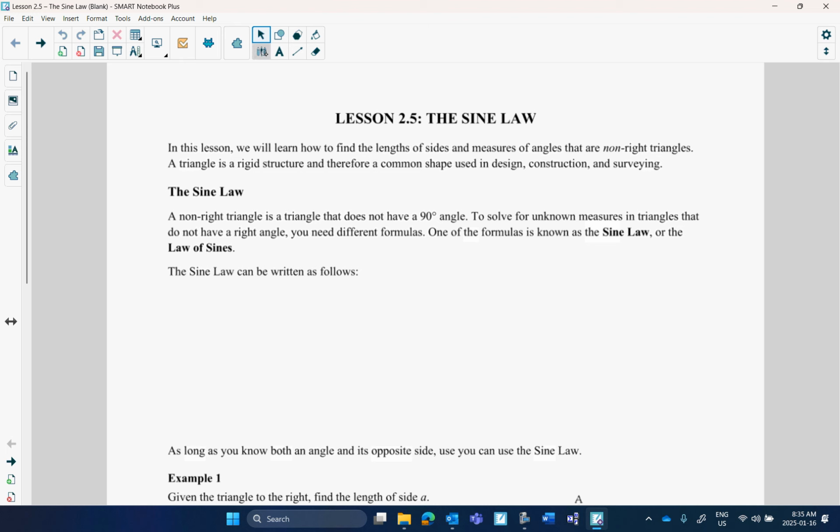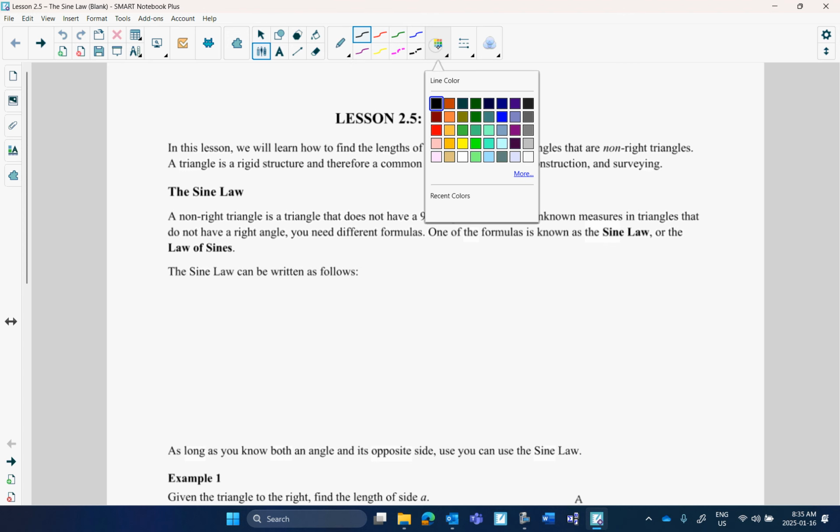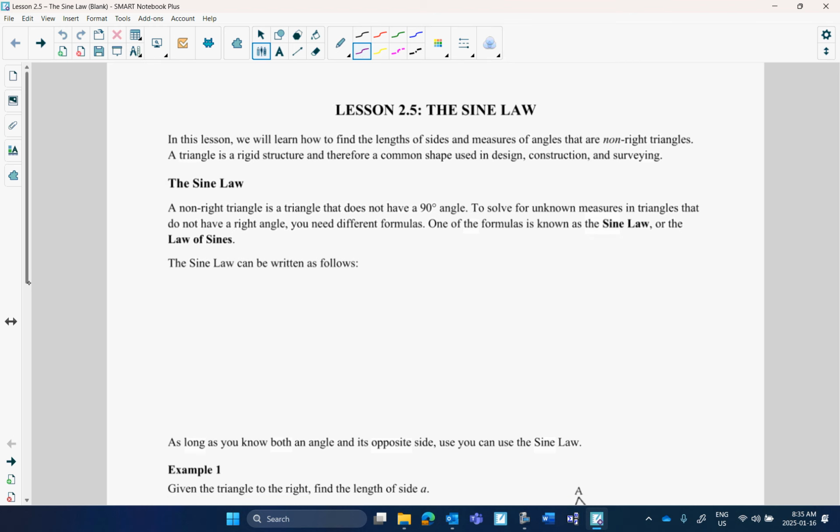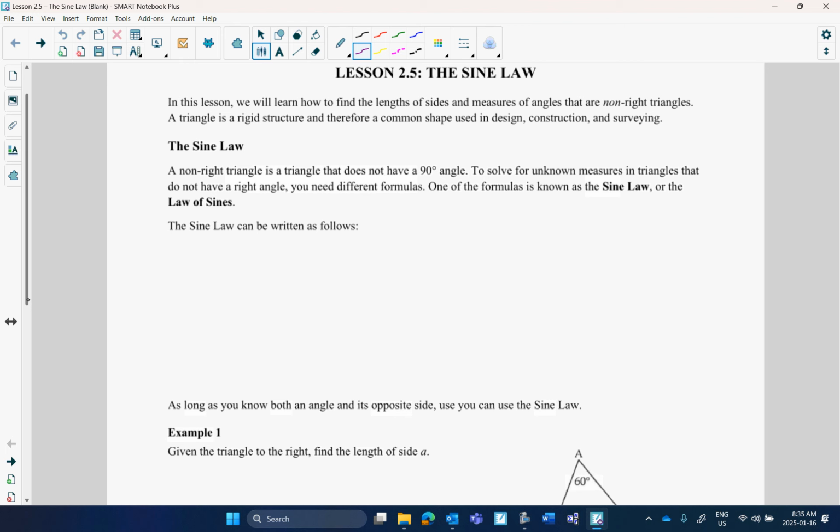Okay. So way back in grade 10, and we reviewed it last lesson, we talked about how to use the right triangle trick to find missing sides and missing angles in right triangles. Okay. Well, what happens if the triangles are not right triangles? Then we need a slightly different way to do them. But fortunately, we can use variations of sine and cosine